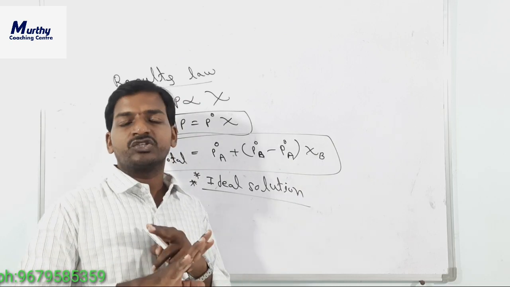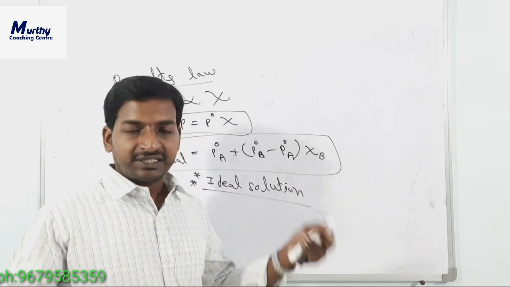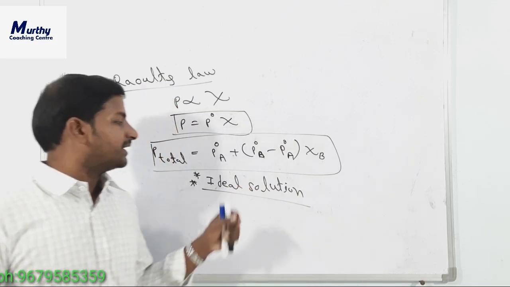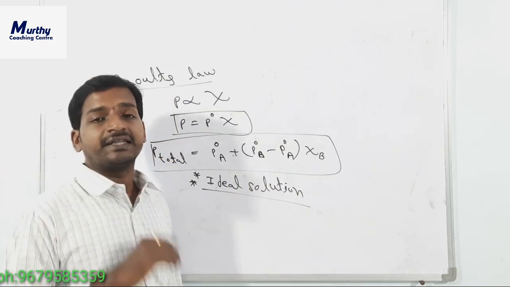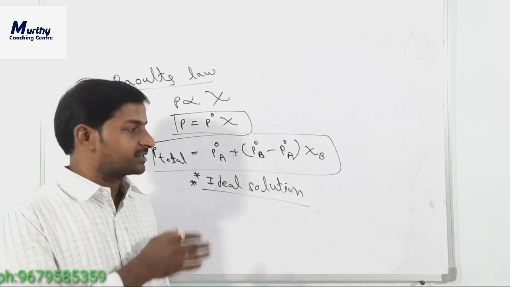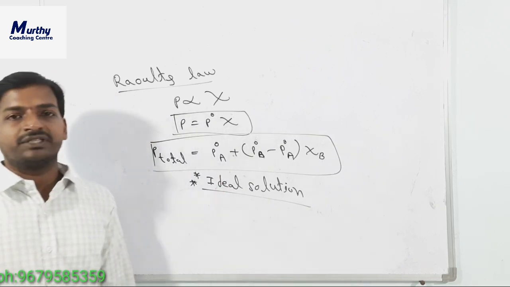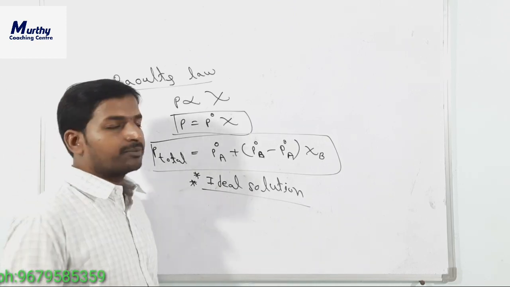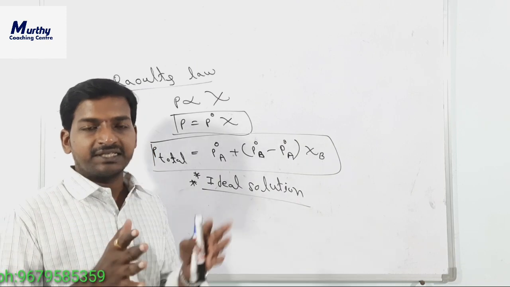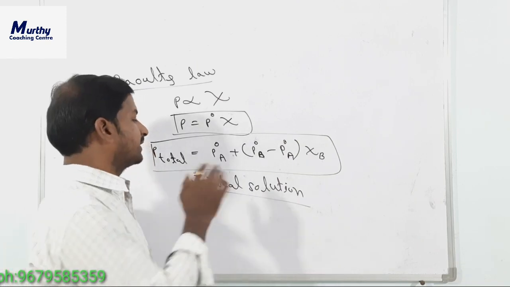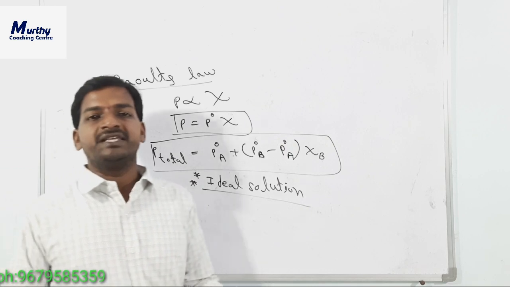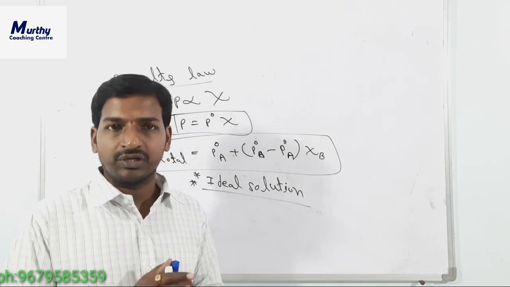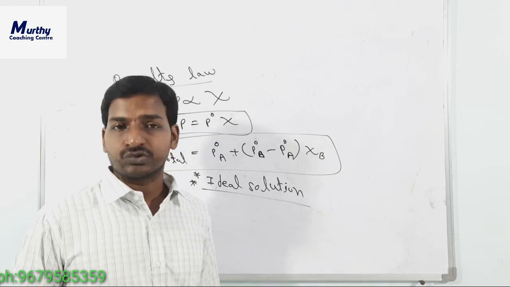In nature there is no 100% ideal solution. Certain liquids, certain mixtures of solutions, we are assuming like an ideal solution, like an ideal gas. In 11th, the ideal gas topic was there. Even for ideal gas, there is no perfect ideal gas in nature. Similarly, in nature there is no 100% ideal solution. Under certain conditions, certain mixtures of liquids we are assuming like an ideal solution, like benzene and toluene. A mixture of benzene and toluene we assume is an ideal solution.